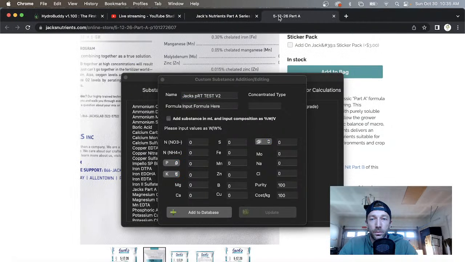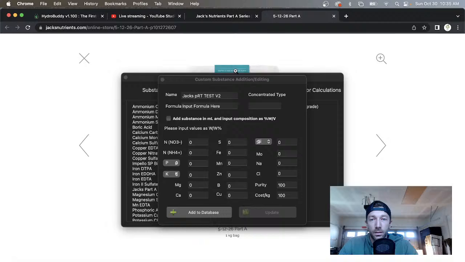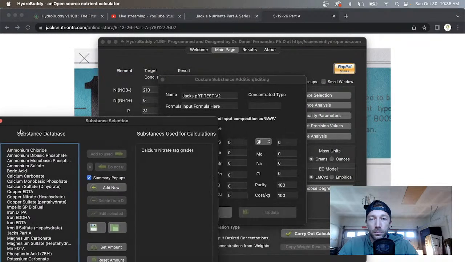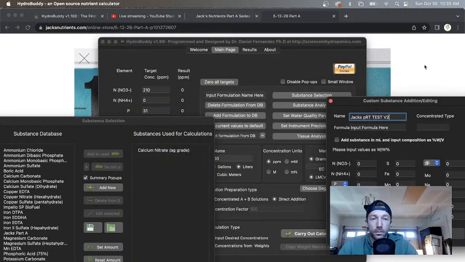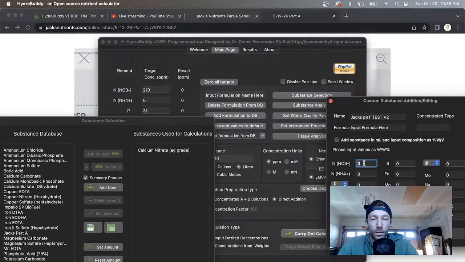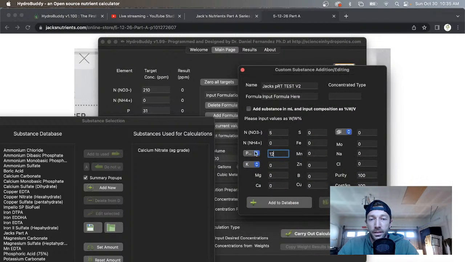But when we go back to Jack's, the bag, we know that it has 5% nitrate, no ammonium. It has 12% potash. So right here, you remember this. This is key. Right here in the center, make sure it is in phosphate for phosphor, and make sure it is in potash,